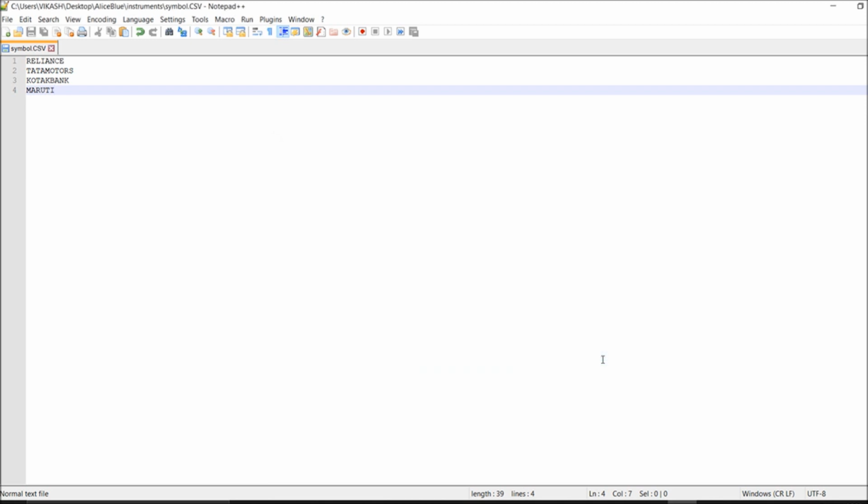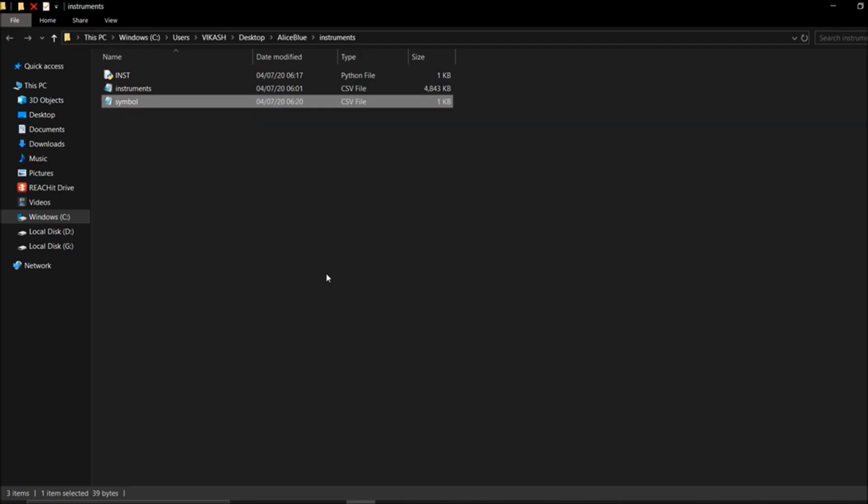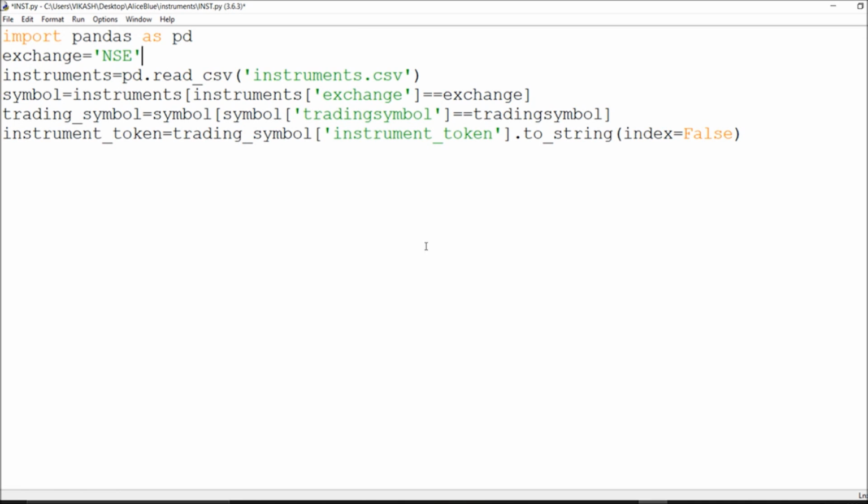Right now what I want to do is fetch this CSV file and then read it, okay. So this is my CSV file, okay. For what purpose I need this? For my particular symbol to be called, for the trading symbol purpose I need this, okay.